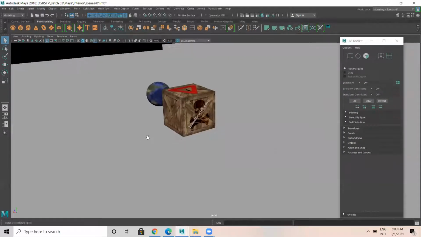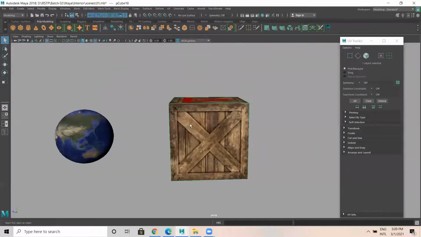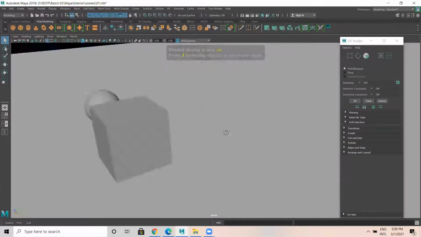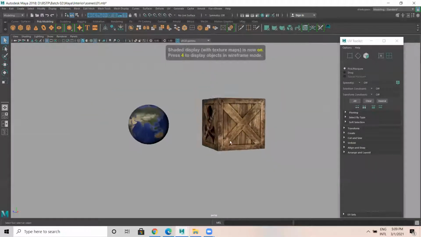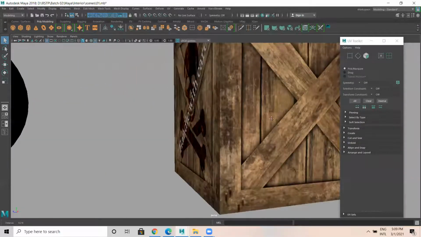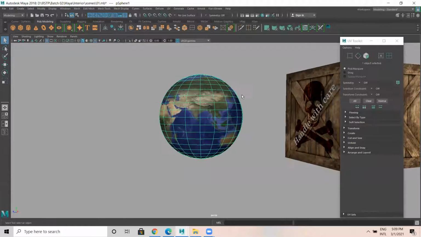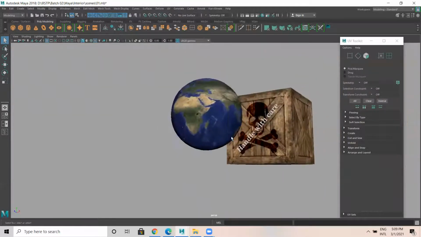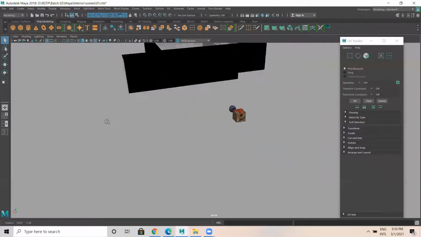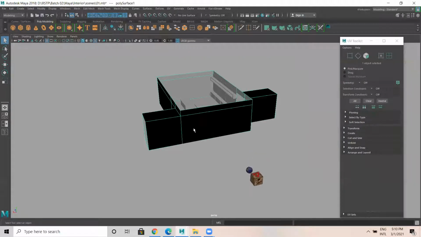So in the last class, this is what we have done. A simple model, just a simple model, just one box. Okay. When we apply texture, it looks like this. Okay. Right. So now this is a model we have done in the last class.